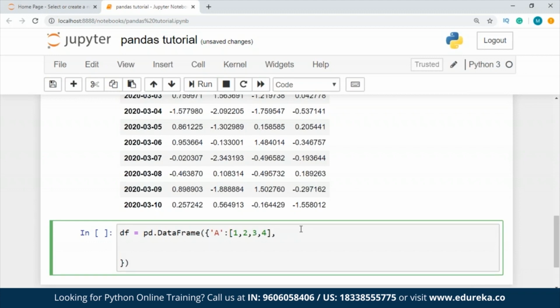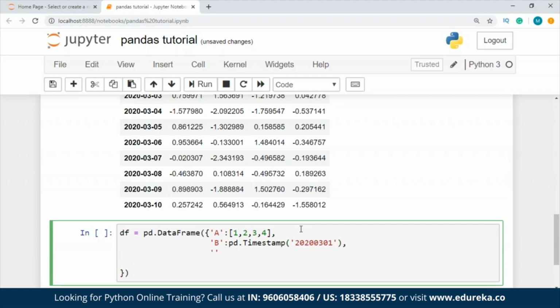After this, my next value is going to be, let's say, b, and I'm going to pass a timestamp, let's say. And for timestamp, I'm going to use the same I have used over here, 20200301. And after this, I'm going to pass one more value, let's say c, and I'm going to use a